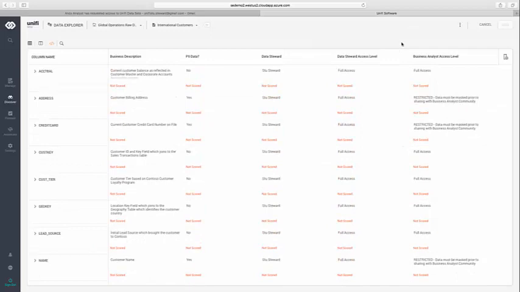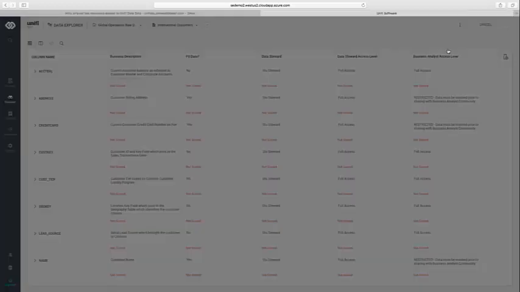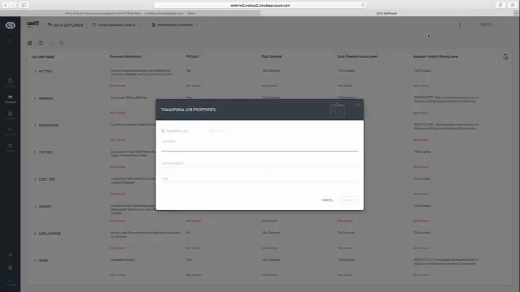So what I need to do is walk through a process to actually mask that data before I can distribute that to Andy or any of the other business analysts to start working with from an analytic perspective. And the great thing about Unifi, I can initiate that process directly from here. I'm going to go in and we'll say create a little process here for masked international customers.